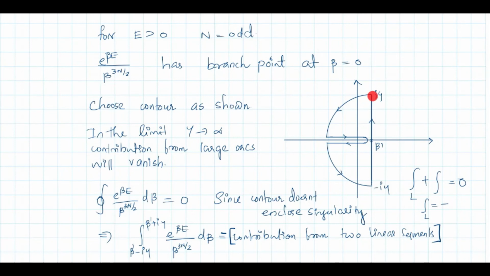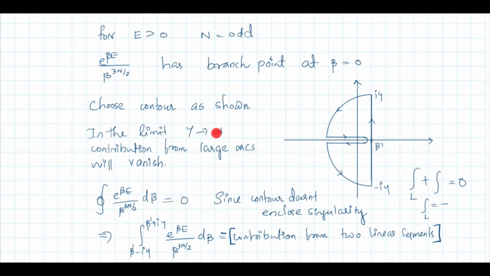So we will consider the contour like this. We have to avoid this branch point, z equal to 0, beta equal to 0 here. So our contour will be like this. Now, inside this contour, there is no singularity. The only singularity is beta equal to 0, and that is a branch point, and that is now outside. So there is no singularity inside. The closed contour answer is 0.